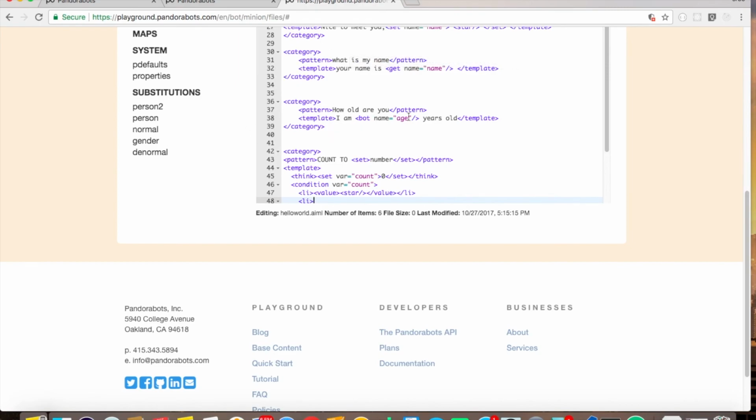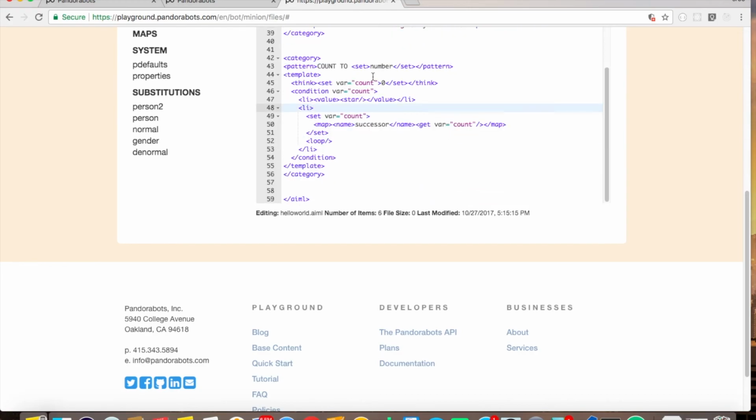So the scope is not defined to one category. But the scope of this variable is only to this category. I cannot call this variable again outside the category, because the scope is defined only inside this category. Now the count initially begins with 0.